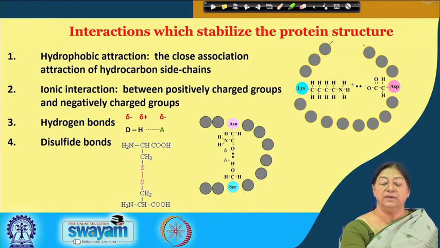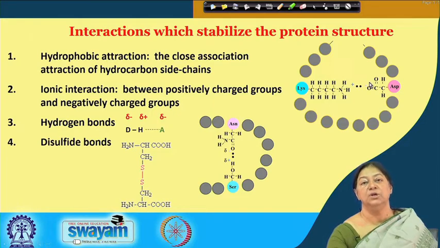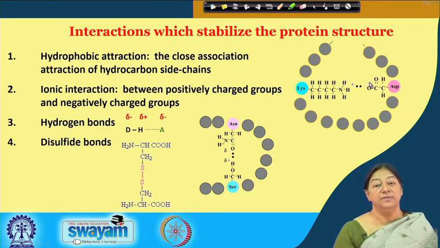We have the ionic interactions. These are between positively and negatively charged groups, as has been shown here. The lysine, which is positively charged, and the aspartic acid, for this example, that is negatively charged. So, we could have the basic amino acids interacting with other amino acids that are acidic in nature. These are the types of interactions that would comprise the electrostatic or ionic attractions between the side chains of the protein.